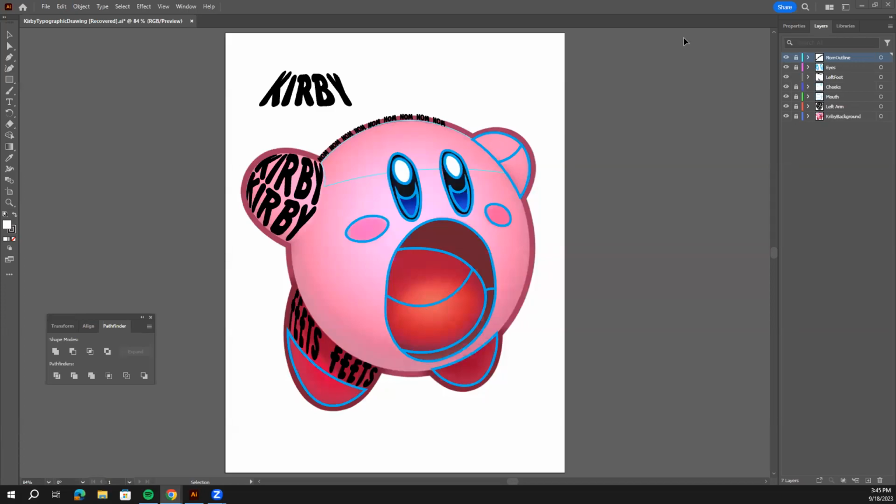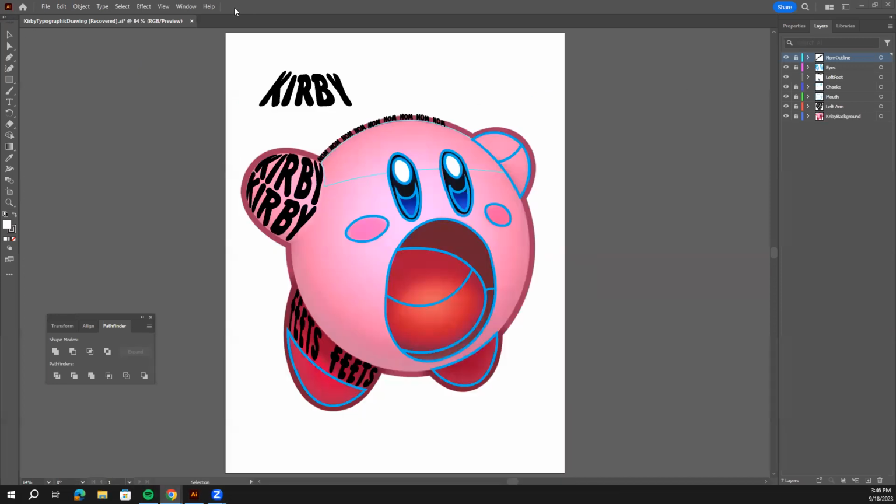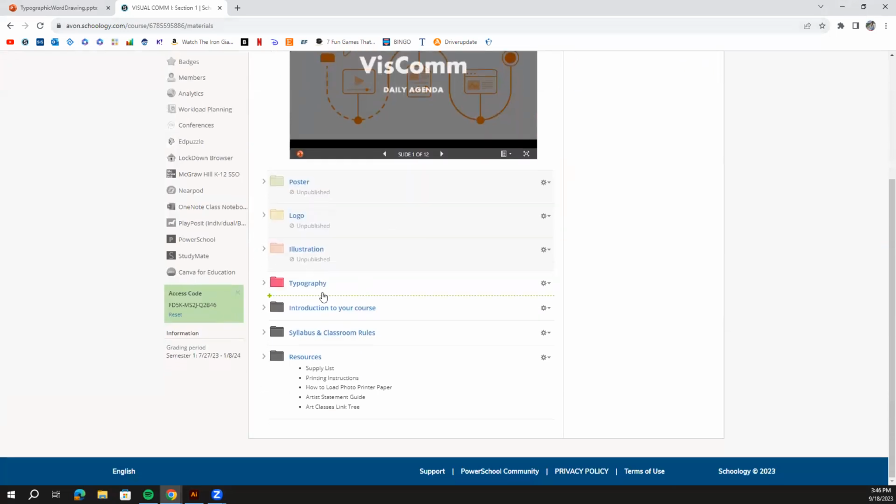Okay. Hello. This is the very first demo here for your typographic word drawing. If you hadn't started it or if you were absent, what you need to do is open up Illustrator. Okay, get that loaded up, and then hop on to Schoology here and go to our typography folder,